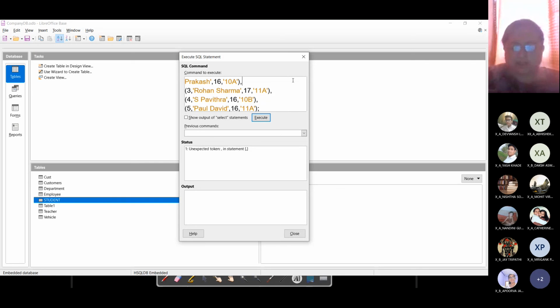Okay, so this kind of a structure works in MySQL. Now SQL might also have a few subtle differences across platforms. So let us just try to change this SQL a little bit.